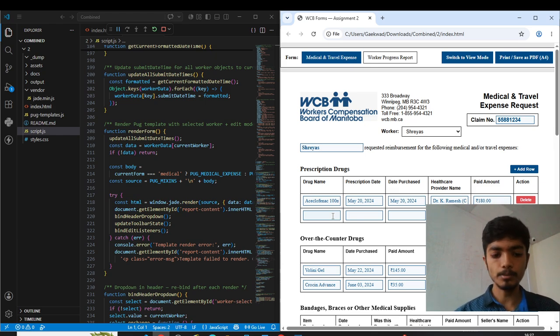I'll add a prescription drug like Dolo 650, and I also mention the date, doctor name, and the amount paid, around 90 rupees.